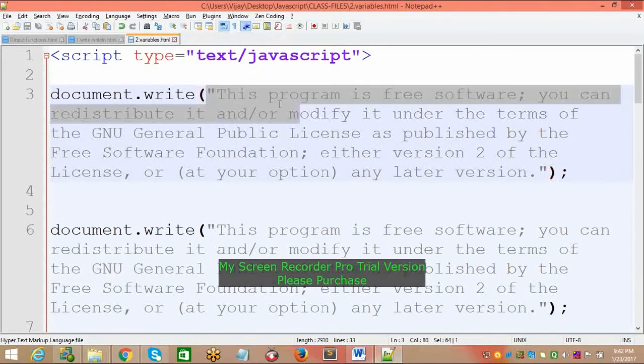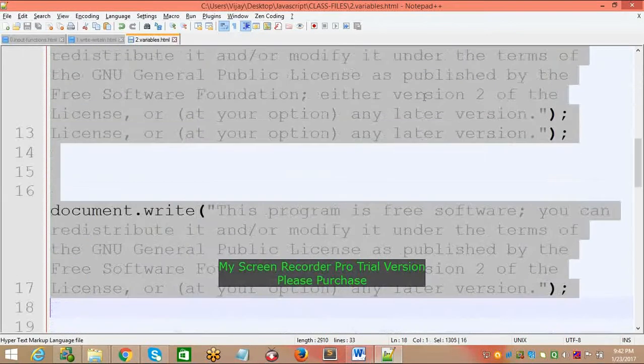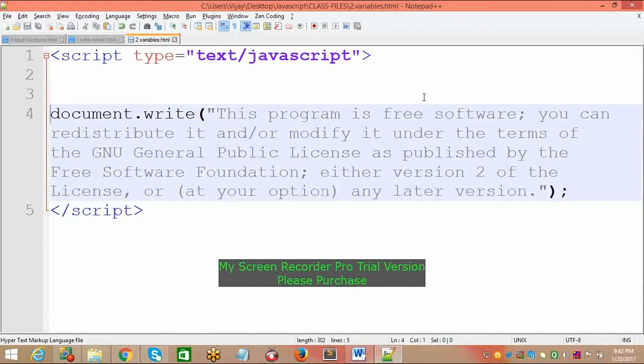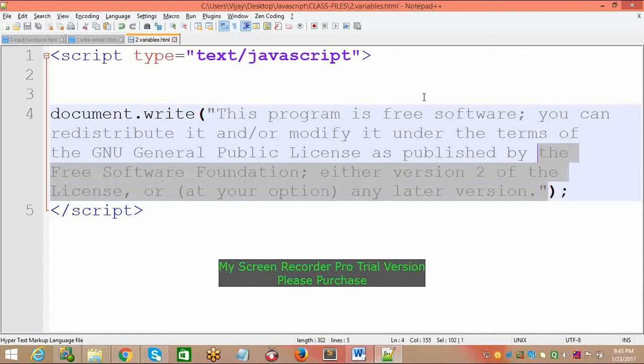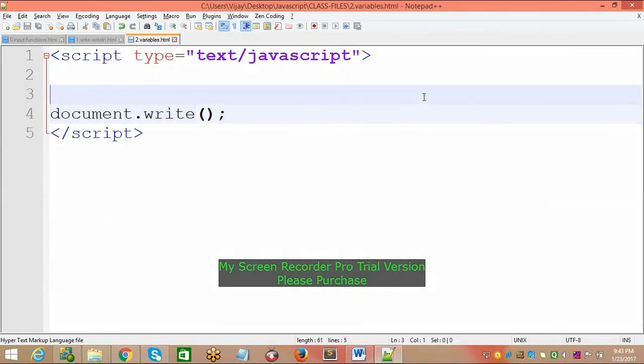The problems are nothing but repetition of the statements and repetition of the same results, and we can control them without writing multiple times. How to control? With the help of a topic called variables. Whatever statements are available, we should maintain one declaration. That declaration is called a variable declaration.